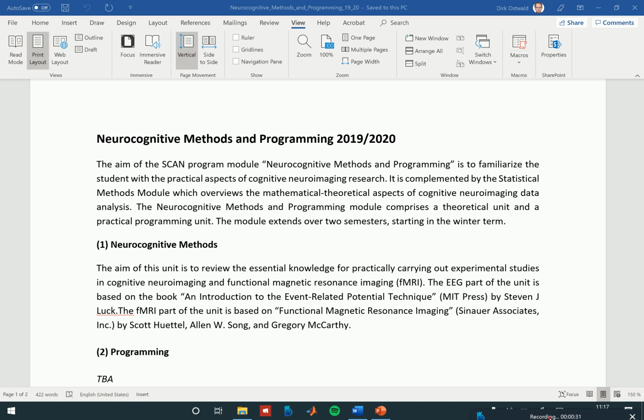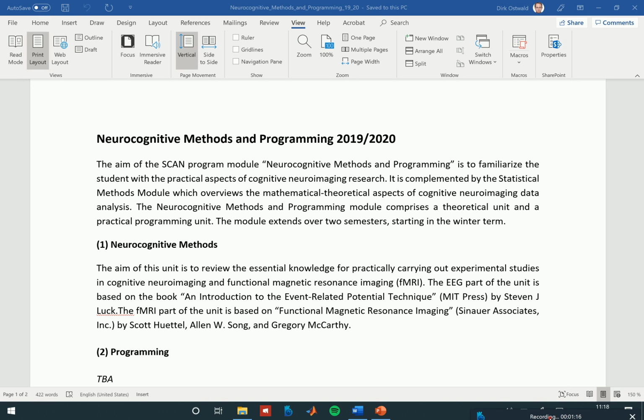And in neurocognitive methods, which will happen obviously in the next 2 weeks, we want to discuss the main two methods that are used in cognitive neuroscience to learn about the human brain, namely EEG/MEG and functional magnetic resonance imaging. And as you will see from the course outline, we try to cover kind of the physics part, the biology, and a little bit of the analysis part, but the focus is definitely more on the background information about the